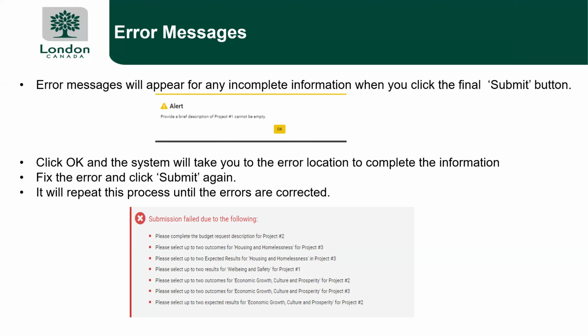Sometimes you will have multiple errors. So what you will see is that red list below that your submission failed because there's a number of different things. These are just a whole bunch of places where information has not been selected properly, and you will have to go back to each one. Then when you click submit, hopefully you've taken care of them all, and then you'll have a successful application being submitted. If you have any challenges and you're not sure where the error is or what the issue is, you can always reach out and contact us. But as I'll mention in this next slide, you can't leave that to the last minute, because if we need to work with you to help provide some direction, we can't do that at the 11th hour at a deadline.